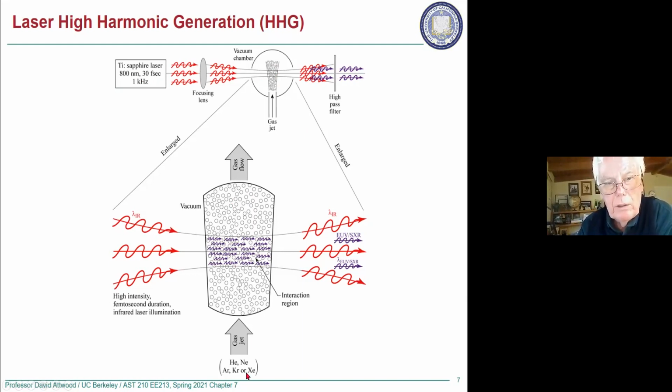So in this case, it was a gas jet. These are the inert atoms down at the bottom. Here's the focused infrared radiation coming in, okay? And here's high harmonics being generated throughout the focal region. So all this other gas is not playing any role. The only thing that matters is the interaction region, this little rectangle or approximate rectangle, where there is both the